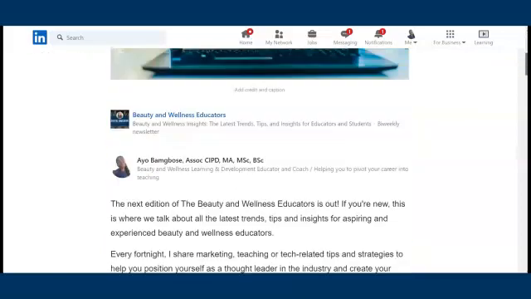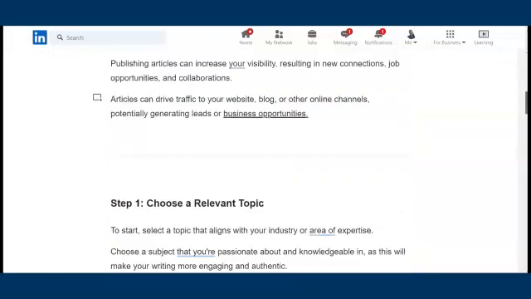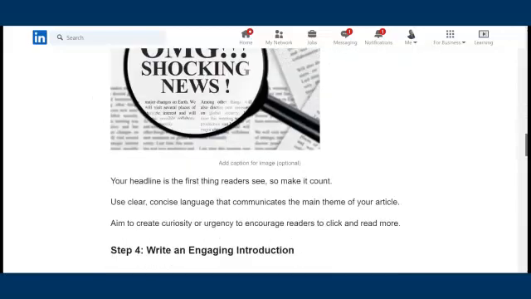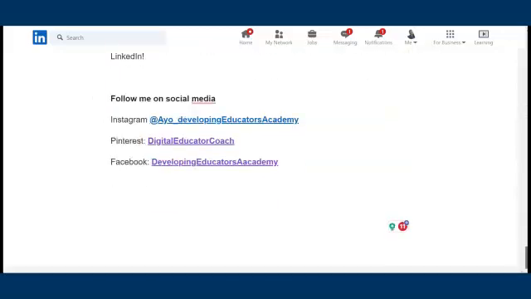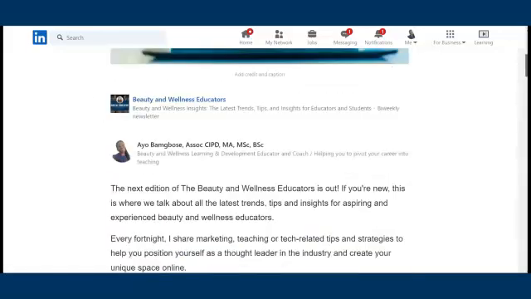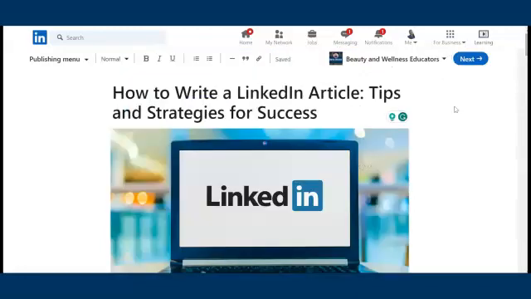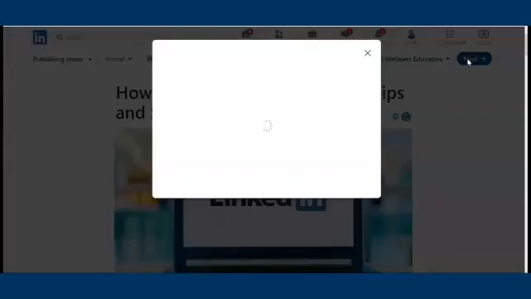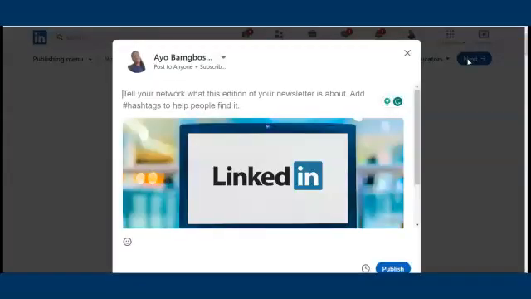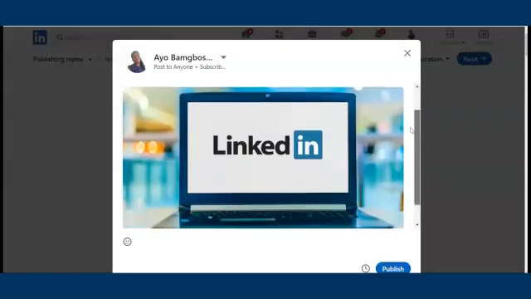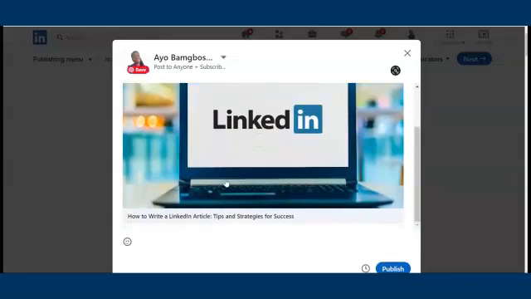So let's say you've done all your checks, Grammarly's fine, you like the look of it, you've reviewed it, and you're happy with it, and you now want to schedule or publish it. To publish this article, you click on next. This now brings up a pop-up where you actually create the post. This is how your post will look. This was the image for the article, and there's a title underneath it. When people click on that, it takes them straight to the article.